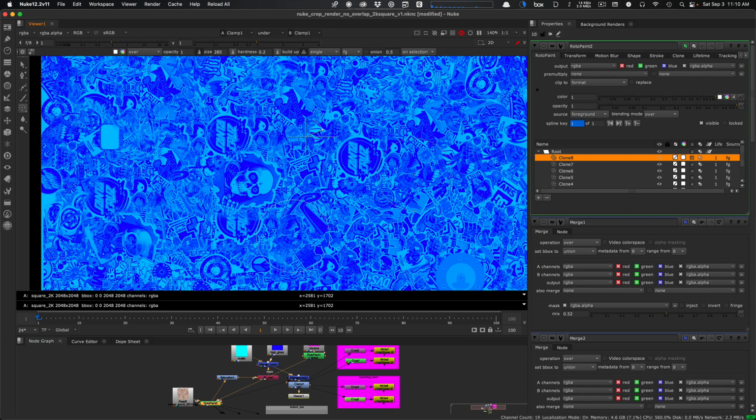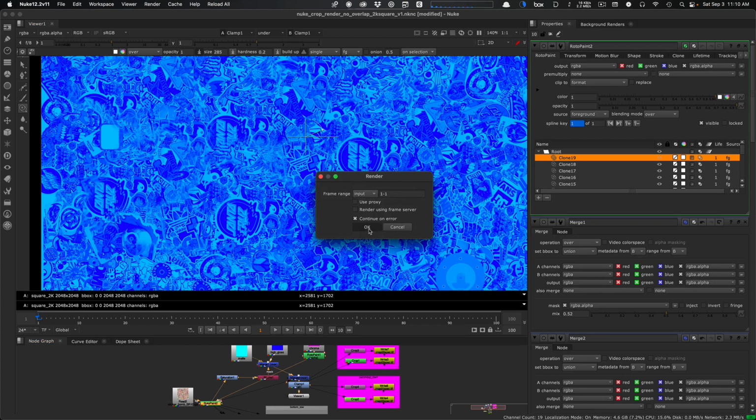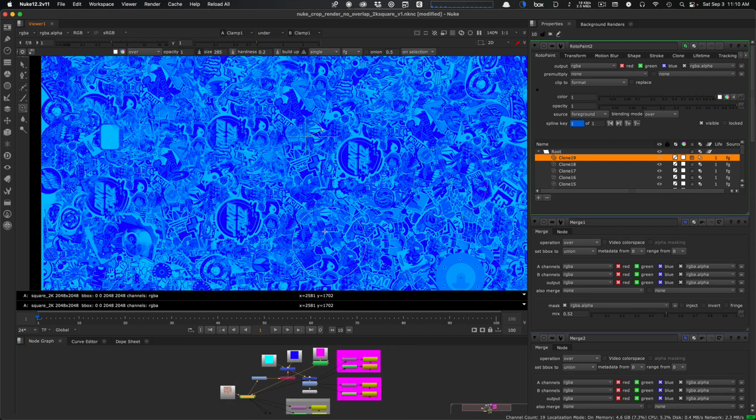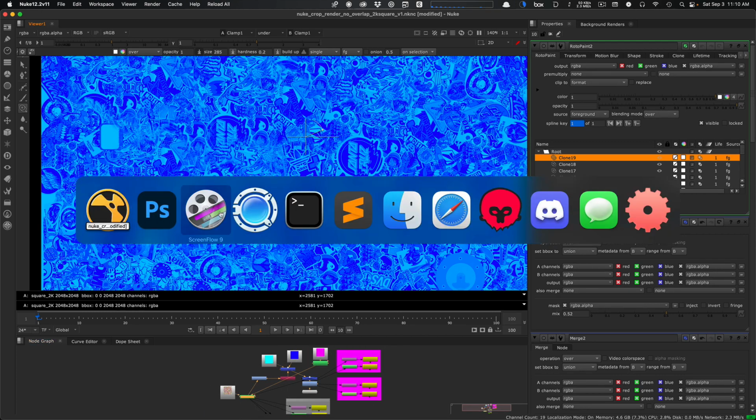You can see as I work on the base color, it does all this for me. I can output both the albedo color and the spec map